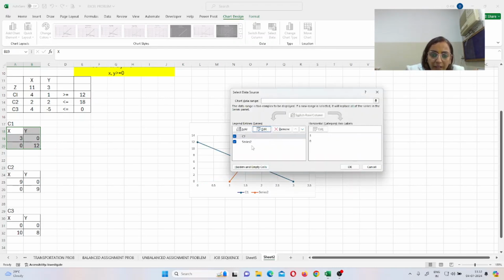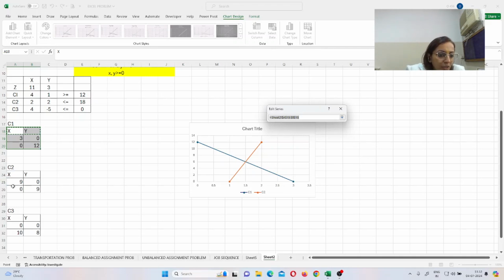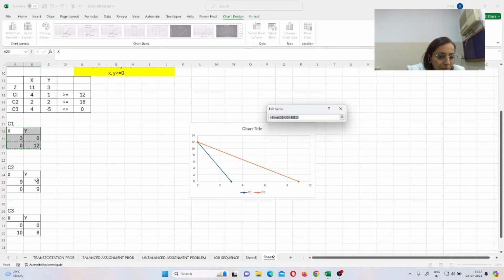Now go for add series 2, click and add it over here, put the name as C2, and for the series X value, select it, your C2 series value is 9,0, done. Coming to the next value, that is series Y, select over here, Y is 0,9, those are the two values.